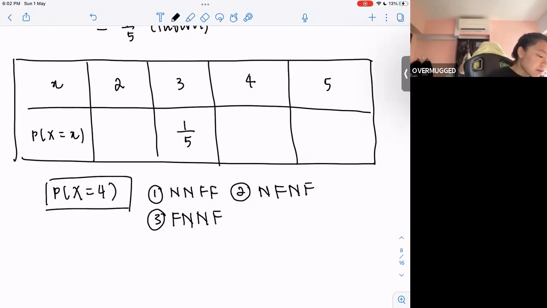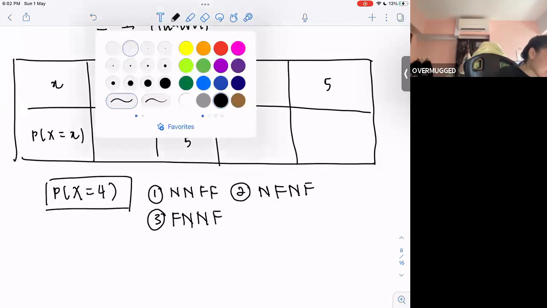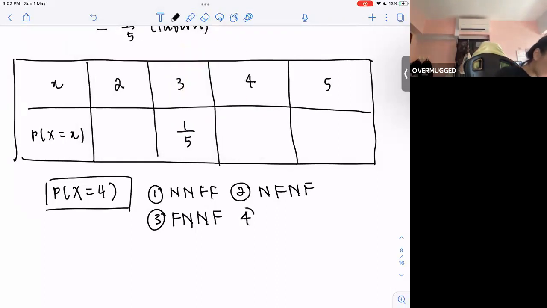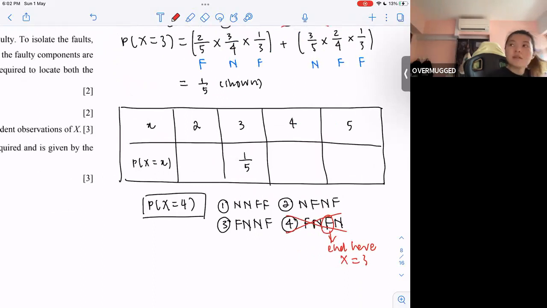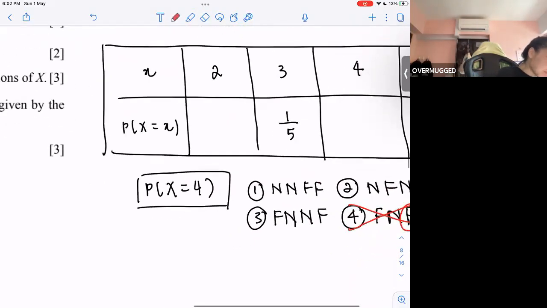So actually, these are the only 3 outcomes, because what are the ones that you cannot have? For instance, can you have 40, not 40, and then 40 and not 40? No. Because remember, it will have ended here. So for this, your x will have been equal to 3. There's 3 possible. So you must think of it very logically. You only have 3 possible scenarios, correct? For x equals 4.